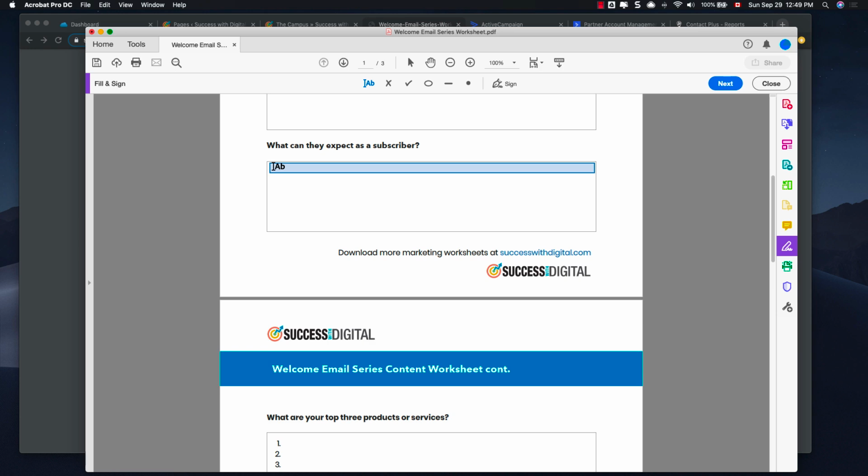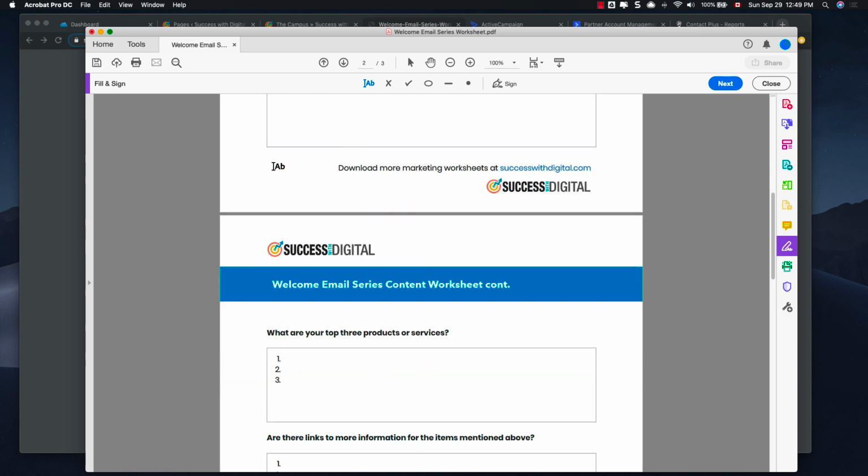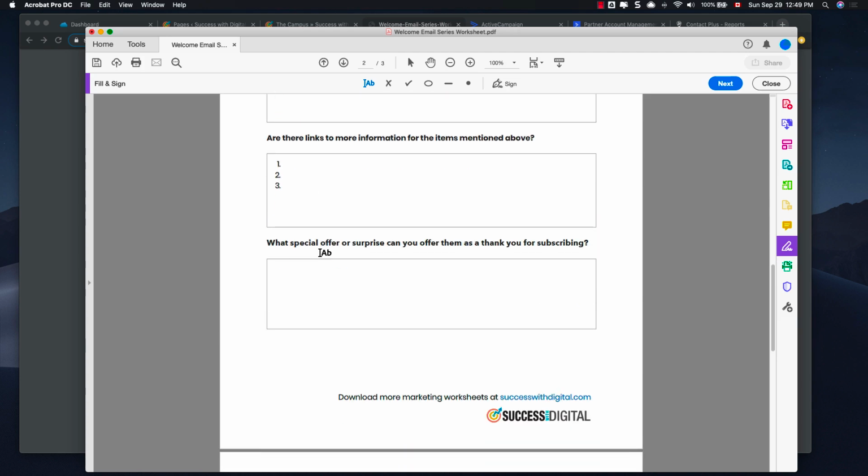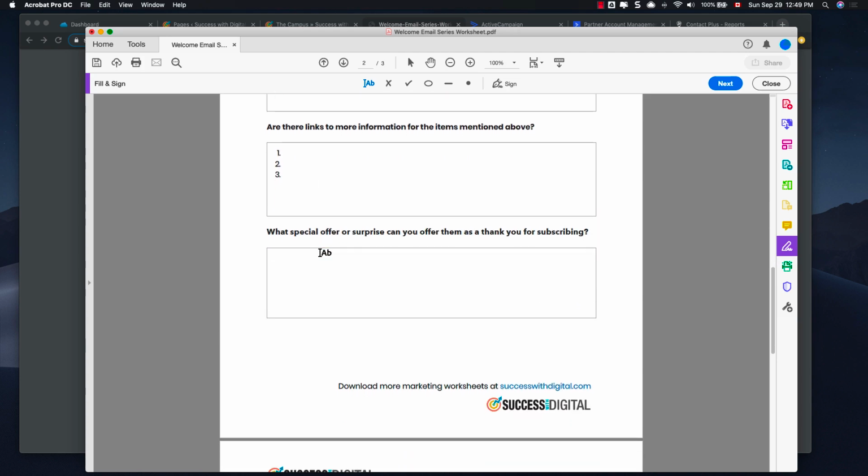What type of content can they expect from you? And then write down what are your top 3 products or services. If you only have 1 or 2, that's fine. Just write them down here. And then are there links to more information for the items mentioned above? So if you do have a page on your website or even a PDF, something like that, that you can share with them that gives them more information, then definitely mark those links down here so you can link out to it when you're